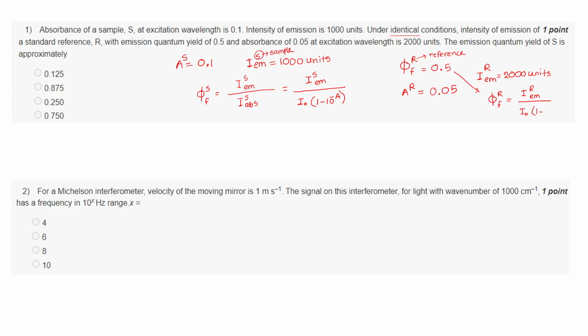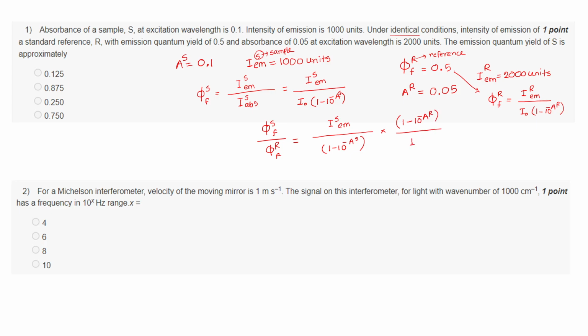So let me write this 10 to the power minus A sample for this, and 1 minus 10 to the power minus A reference for this. So I0 and I0 are common, right? Under identical conditions, same machine, right? So I am going to take a ratio of this, and what I will get is I sample emission by 1 minus 10 to the power minus absorbance sample, and the same thing here, 1 minus 10 to the power minus absorbance reference,